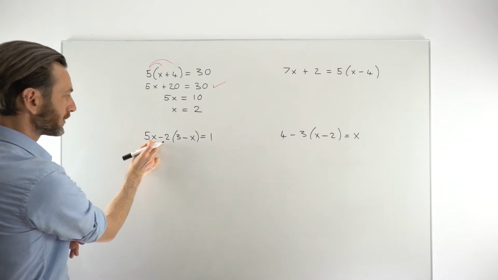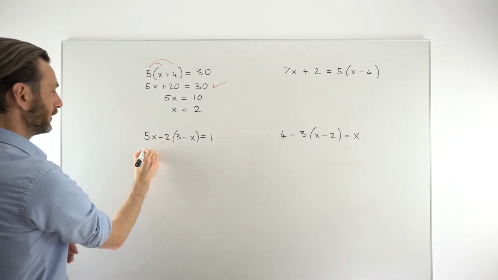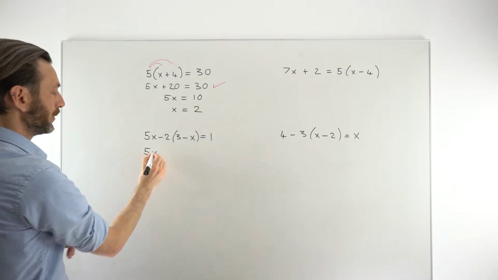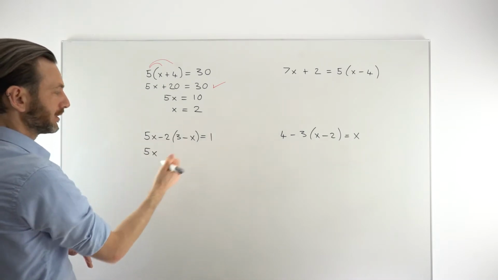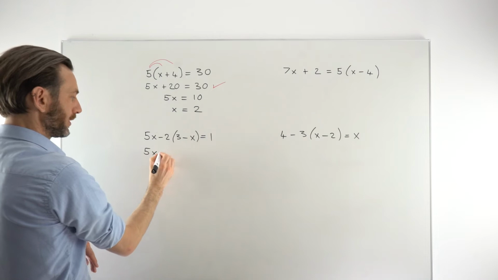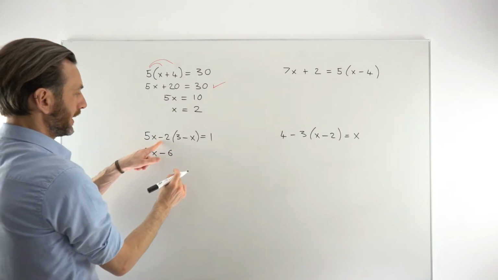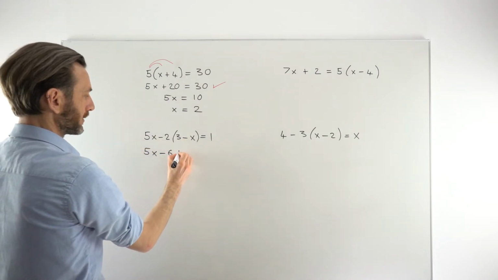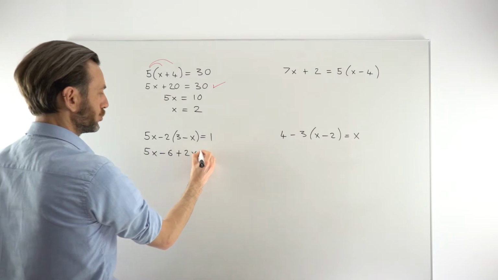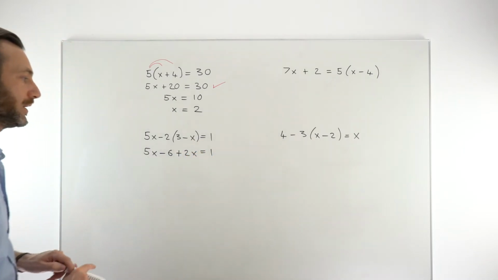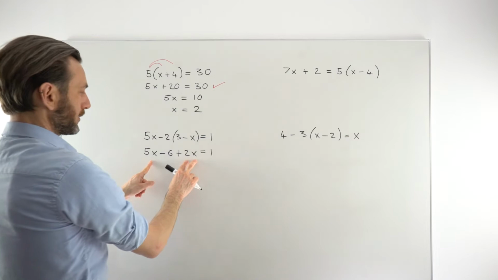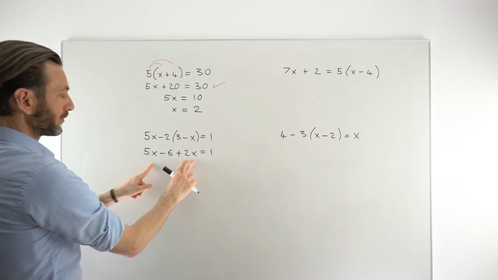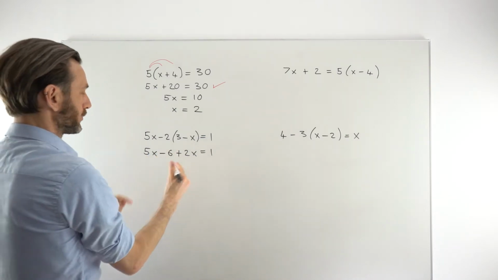So the 5x is not touching the bracket, so we're just going to leave the 5x where it is. We're just multiplying the minus 2 into the bracket. Minus 2 times positive 3 is negative 6. Negative 2 times negative x, that's a double negative, so that'll be plus 2x equals 1. We're going to keep these x's on this side of the equation. We can gather them together now. We've got 5x plus 2x to give us